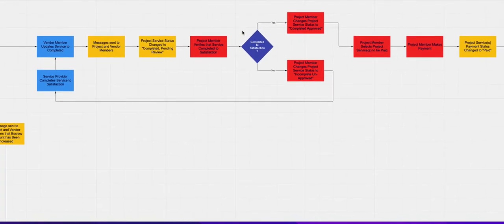And then we look and see, is it completed to satisfaction? Yes or no. If it's not completed to satisfaction, the project member indicates this in the system, and maybe the status is incomplete or unapproved or something like that. So basically, something in the system changes the status and sends a message to the service provider that they need to do whatever they need to do to complete the job to satisfaction. Once they do that, then we go back into this flow,